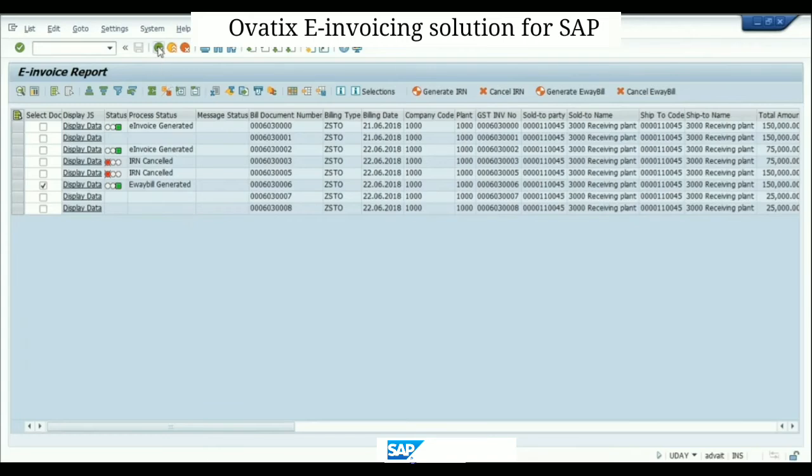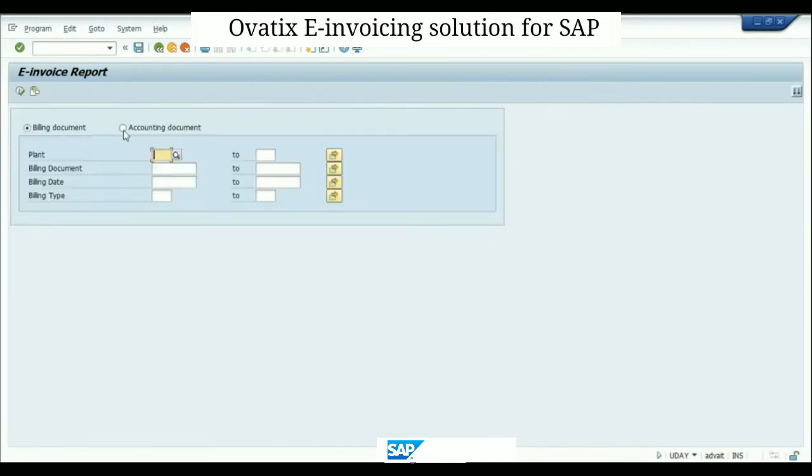Now I'll click on the accounting side. In accounting, plant will not come. It will always be the company codes and then the accounting document types, DG, DR, KD or whatever document types you are using. That can be defined at the time of setup configuration, that okay, these are the document types you are using, and it will be a posting date.